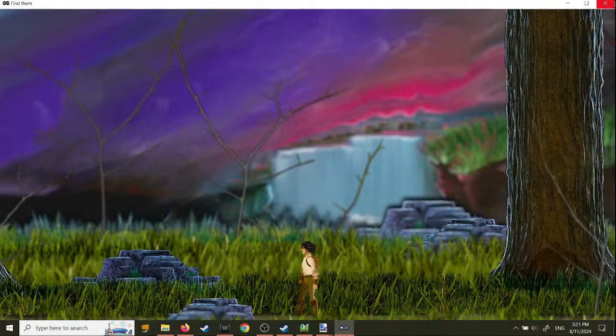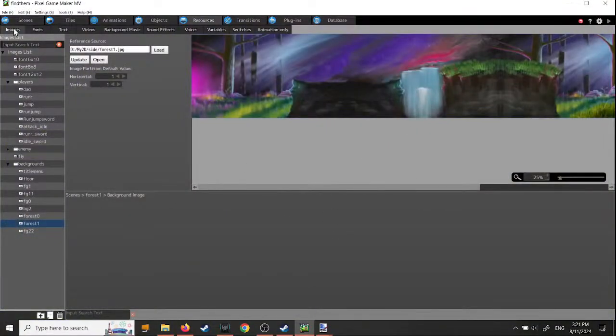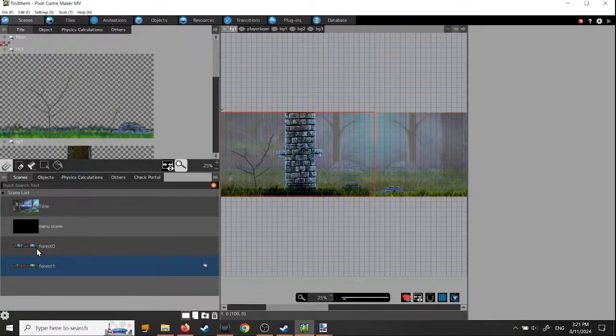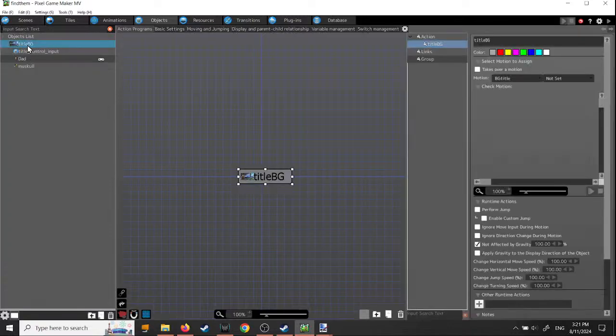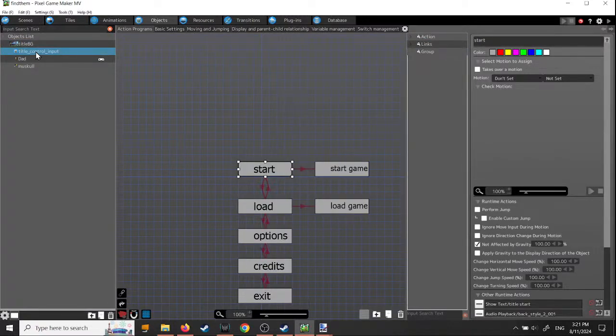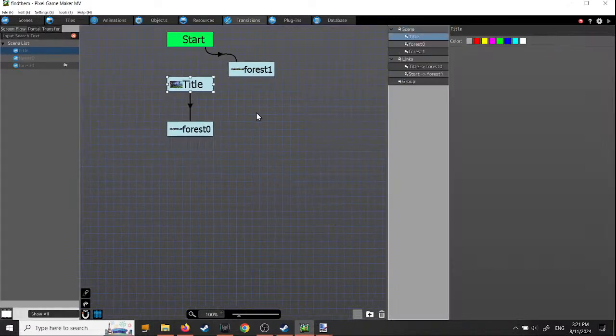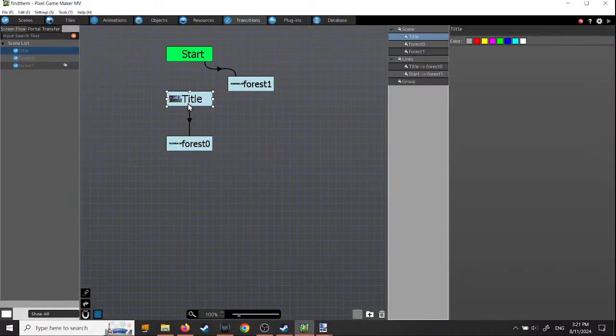I need to connect these two levels together too. There's a way you connect these together. You put a portal, oh, it might be an objects. Yeah, title. This one. No, where do I put those together? I forgot. It's something like this screen. Transitions. Yeah. Okay, so title goes to this. This will go to